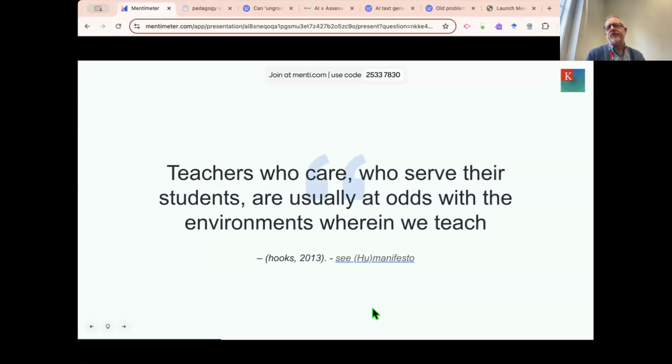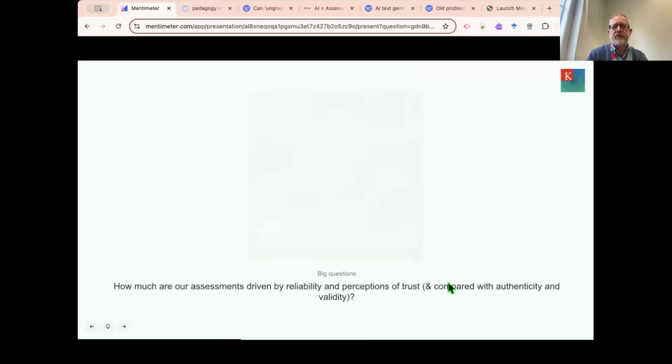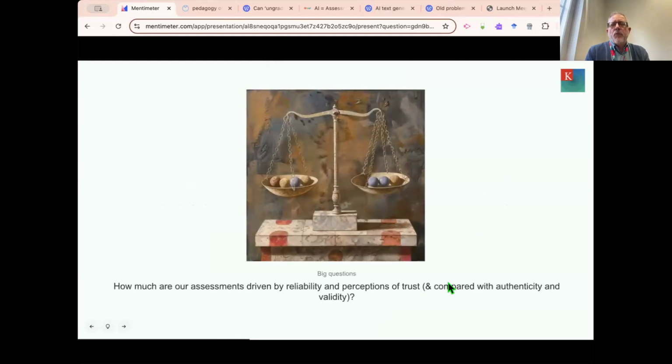And it's really interesting, some of the conceptualizations and assumptions that are challenged when you implement a process like that. More reasons. I think there are some big questions we need to ask ourselves. We need to ask, how much are our assessments about robustness and reliability and rigor and confidence for the external